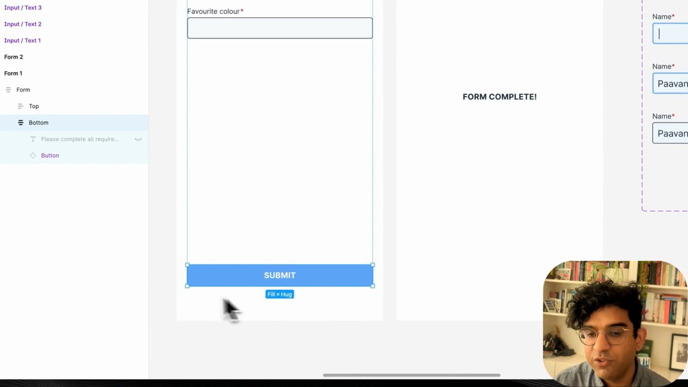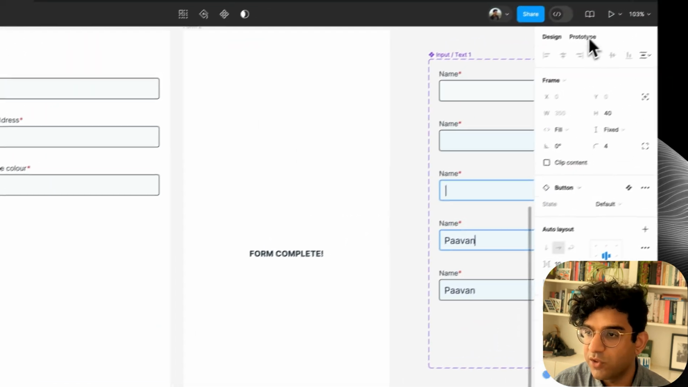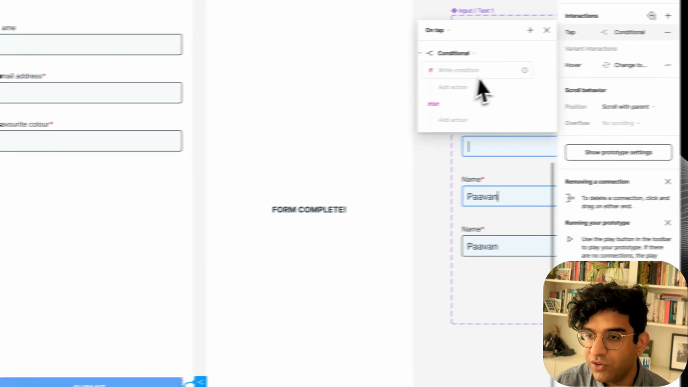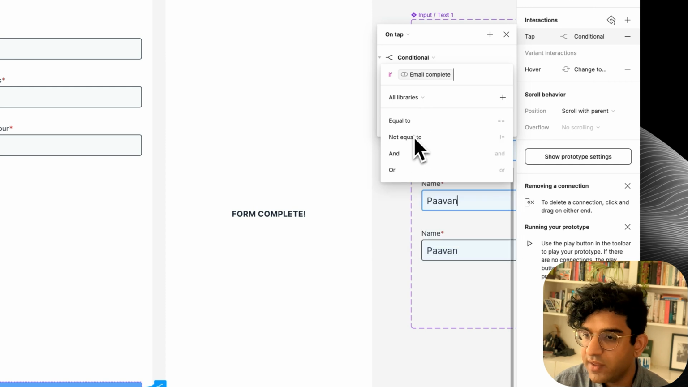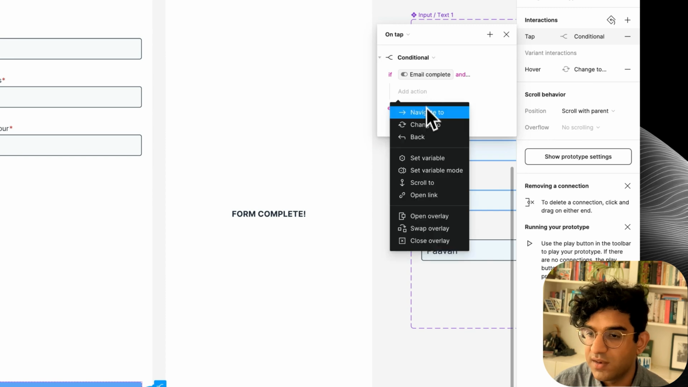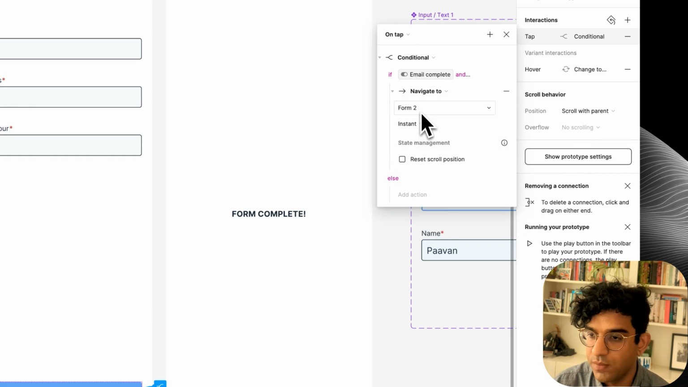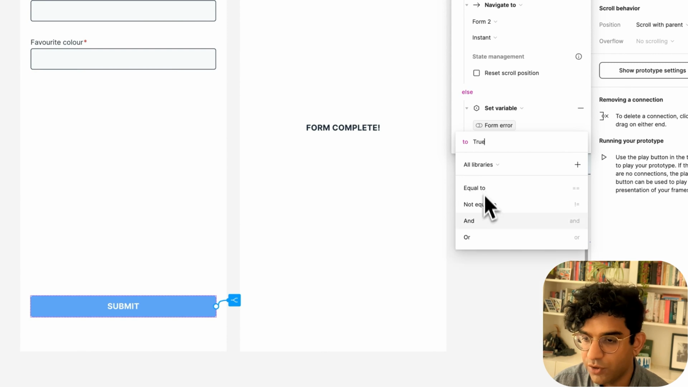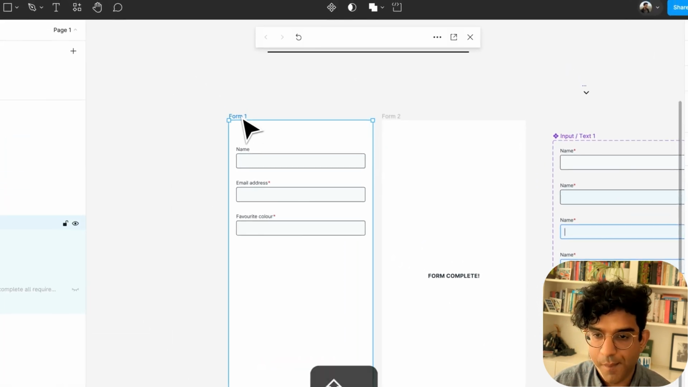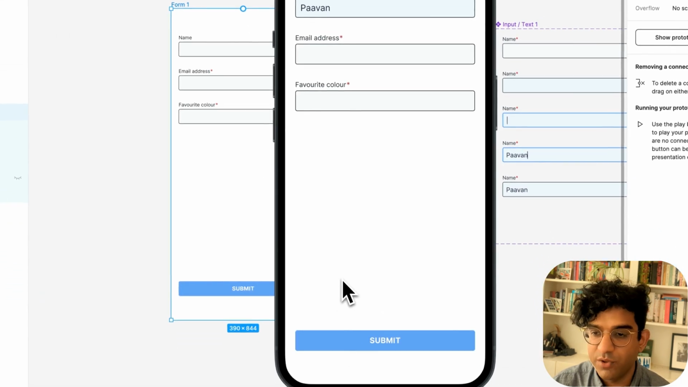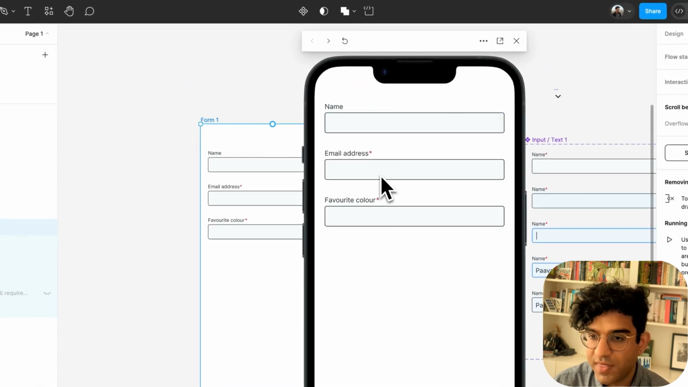So we're almost there. Now we just go to the submit button here and we go to prototype, add interactions on tap, and we're going to set a conditional. So the conditional is going to say if email is complete and color is complete, then we can navigate to the next page, form 2. Else, we're going to set the variable form error to true. So I'll show you what that does. If we fill out one, but we haven't filled out the others, then the variables won't be set to true. So we're going to get that error message. But then if we reset that and